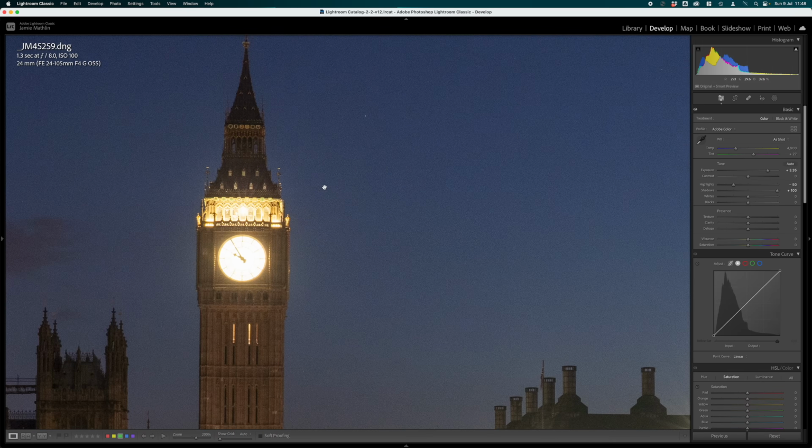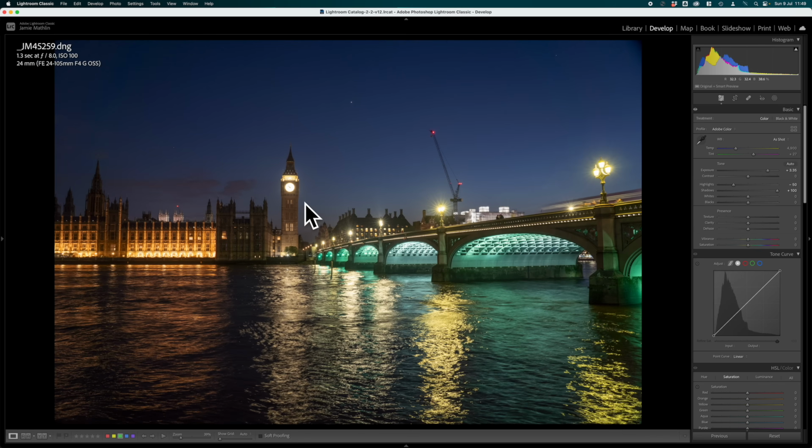And if we look at the sky, you'll see the noise is there. So we really want to use the best of each of these two images. So we want the brightness from this darker image, and we want the lighter areas from the other shot to be sort of brought together. So we're going to do an HDR, but before we do that, we do need to do our noise